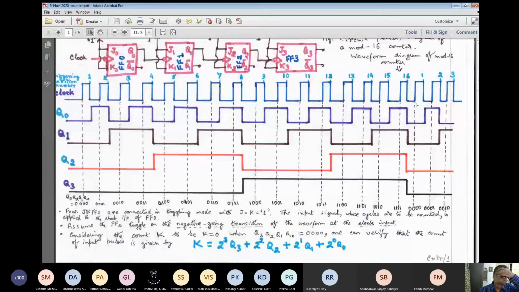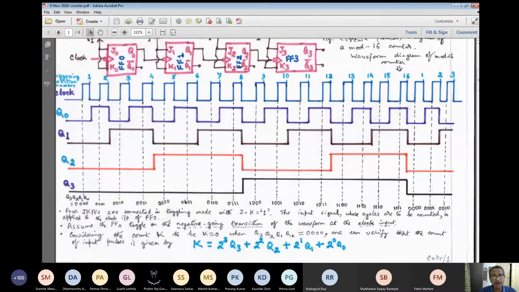First, as the clock directly hits FF0, its output will first go from 1 to 0. Although I have drawn it simultaneously on paper using multiple color sketch pens, and shown it as taking place synchronously, in actuality it is not so. In actuality, this 1 to 0 transition at FF0, FF1, FF2, FF3 is available at different instants, not at the same instant. That should be underlined. This is an asynchronous counter.